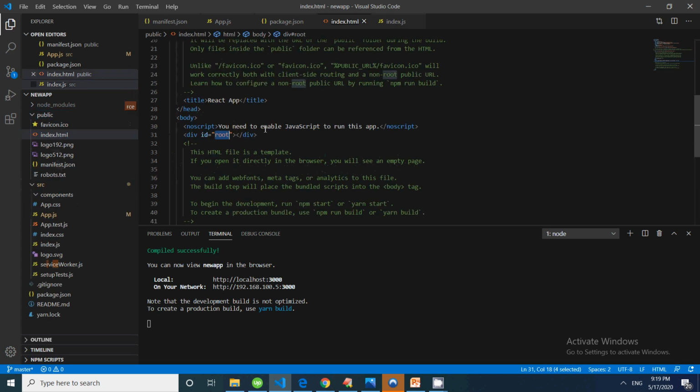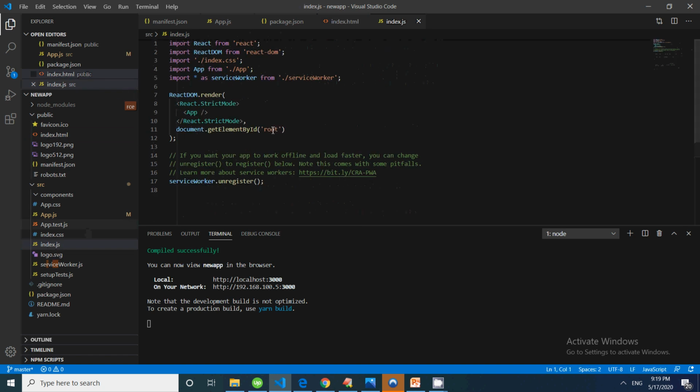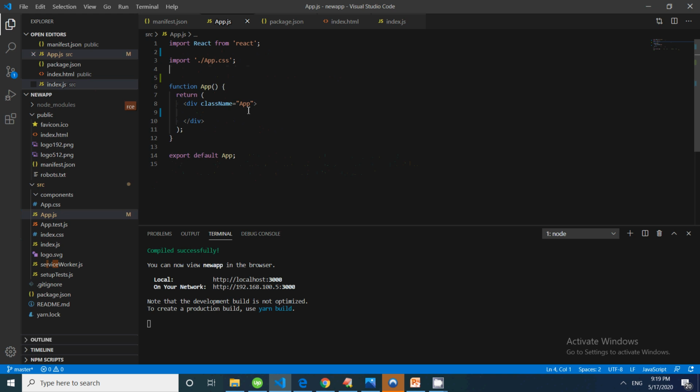The root component is loaded using index.js in the source folder, and once index.html and index.js are loaded, they call the root component. Whenever you create an application using create-react-app, we have this folder structure, and the app.js file is already ready, and it is loaded through the index.html file.